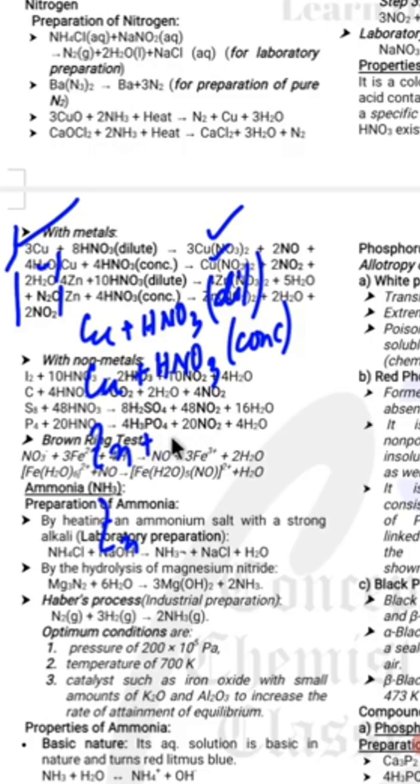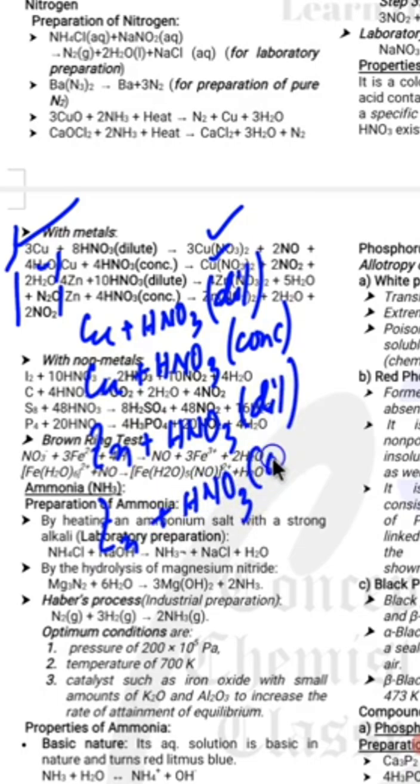Again zinc reacts with HNO3 dilute, HNO3 concentrated, right? Now in this case, in all the cases, two products are common, that is copper nitrate, zinc